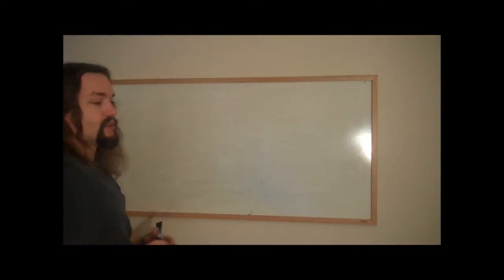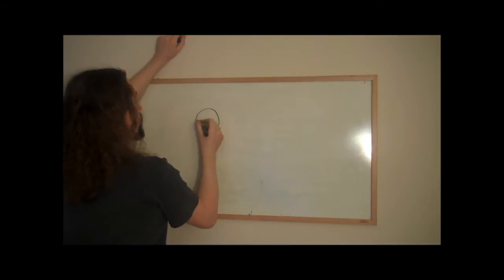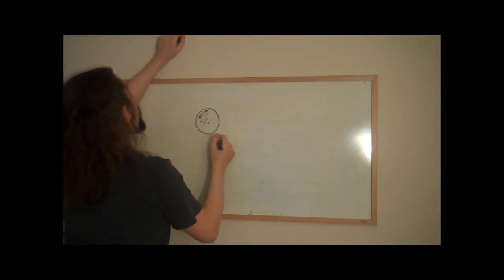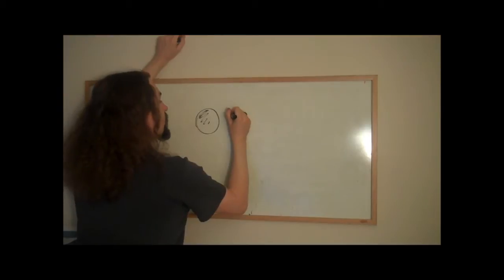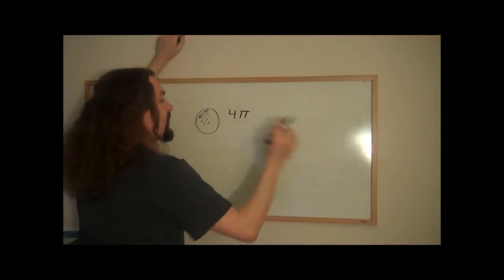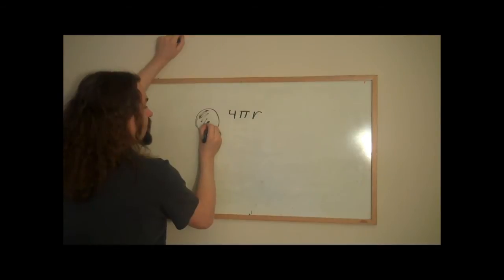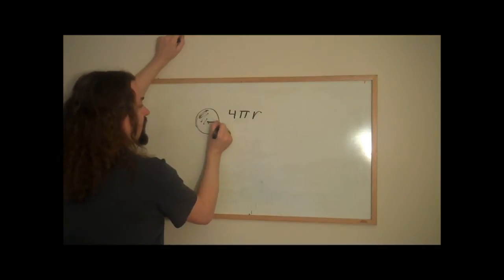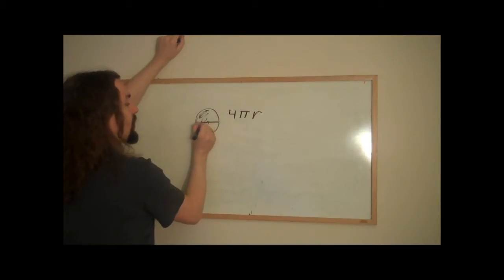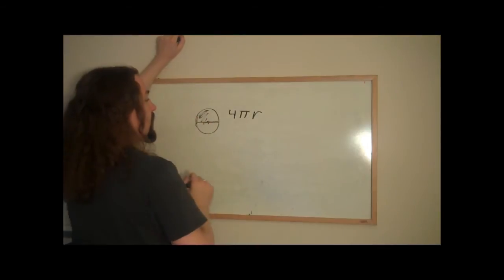4 pi geometry is the surface area of a sphere. So here's your circle. The surface area of this circle is equal to 4 times the symbol pi, 3.14, yada yada yada, multiplied by the radius, which is, if you take a central point and draw a line out to the side here, that's the radius. All the way across would be the diameter. The circumference is all the way around like this. Okay, so